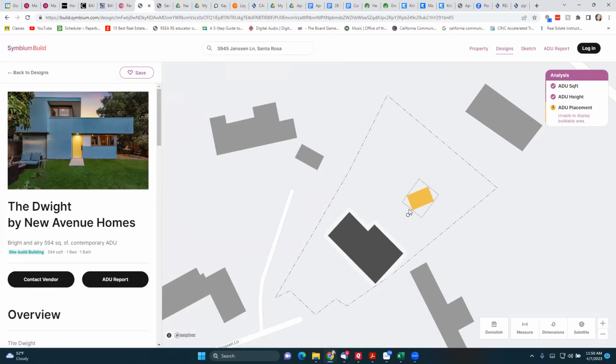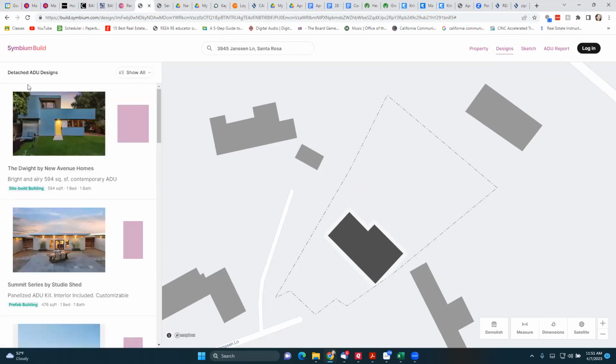But it's kind of cool. You can say, oh, it looks like it would make sense to fit here. Obviously, a downside is it doesn't have topography. My property about here, it drops off steeply. So in that area it wouldn't be great to build, but it does give you some good info.